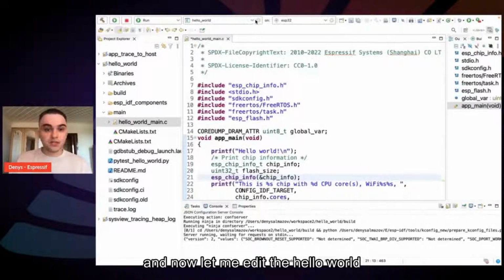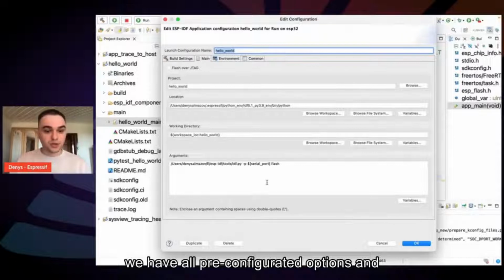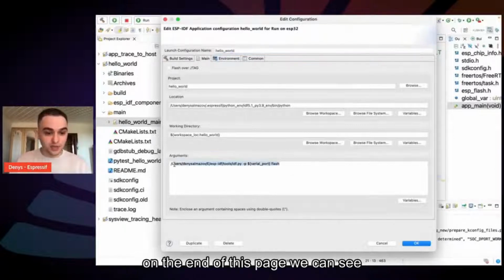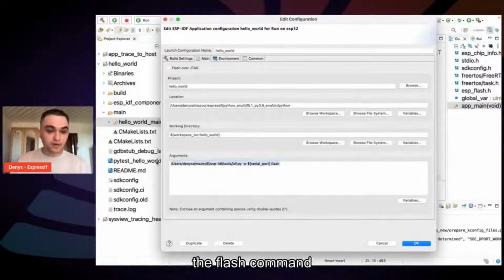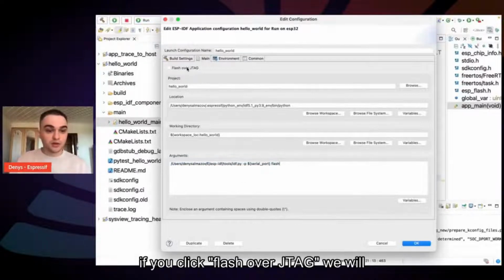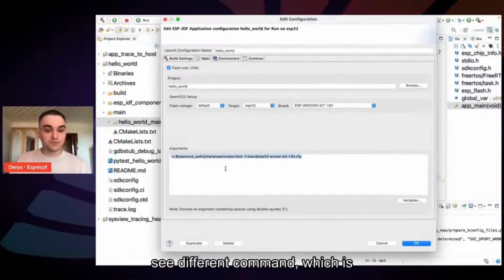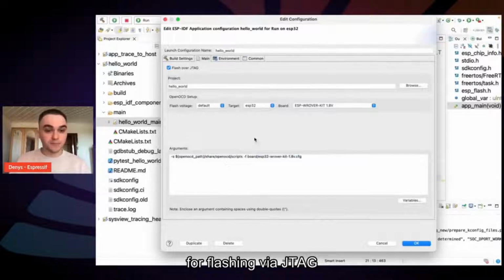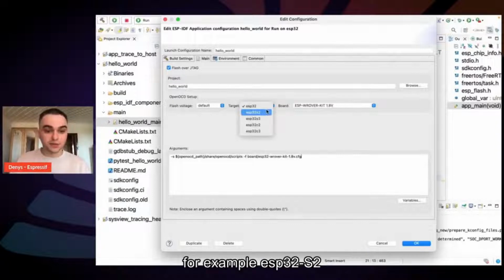Now let me edit the Hello World configuration, and we can see here that we have all pre-configured options, and at the end of this page we can see the arguments lines which are generating the flash command. If we click flash over JTAG, we will see a different command, which is for flashing via JTAG. If we select a different target here, for example ESP32-S2,